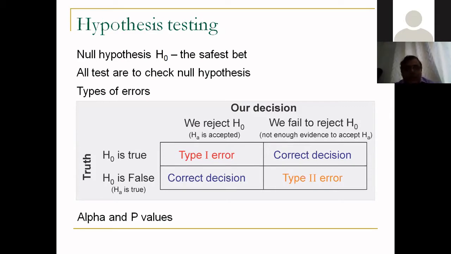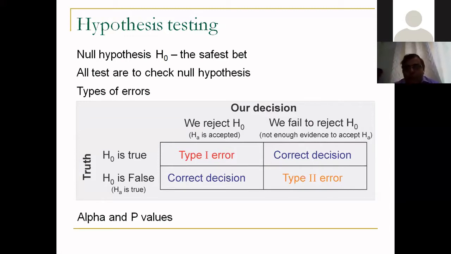So let's take that we have a truth. The truth is that the null hypothesis is true or the null hypothesis is false. Now, truth is something that we really don't know. This is something hidden. This is the ultimate truth, and we don't know about it. But what we know is we take samples from our populations, we analyze the samples, and then we take a decision. We have to take a decision either to reject a null hypothesis, or to accept a null hypothesis, or we fail to reject a null hypothesis. This is the decision that we can take.